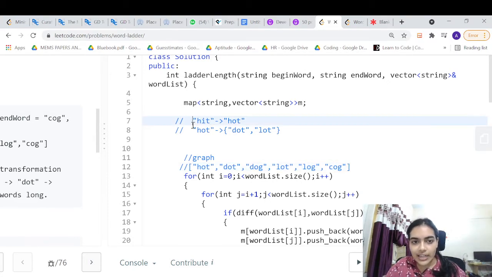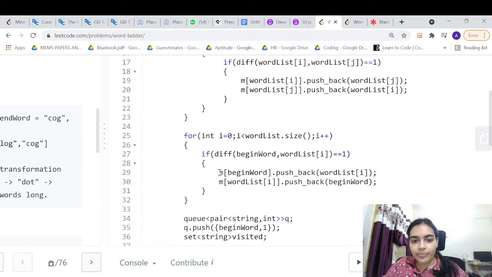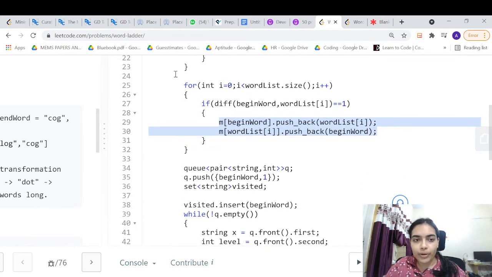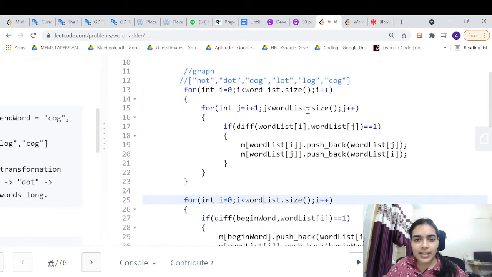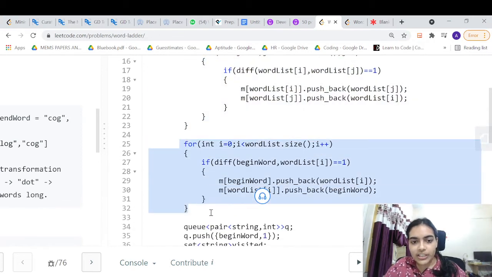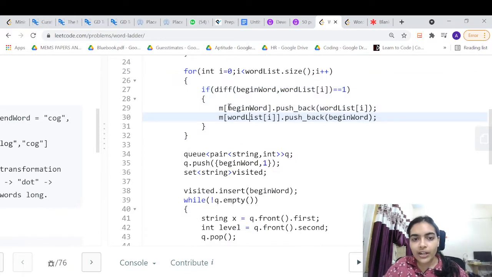For example, hit has a neighbor hot, so I'm adding it to the map. This part is just the same as the previous part, I just copied the code here, but we didn't do it for the begin word because the begin word was not present in the word list. That's why we couldn't do it earlier. So now we are doing it.